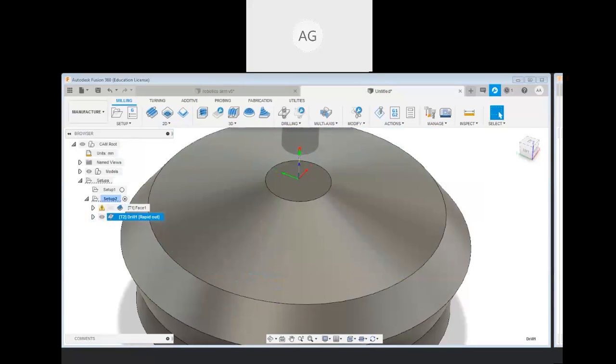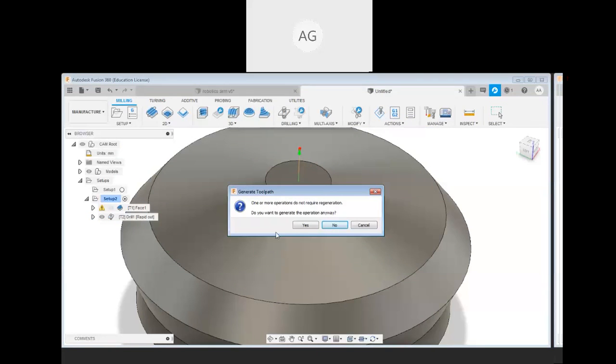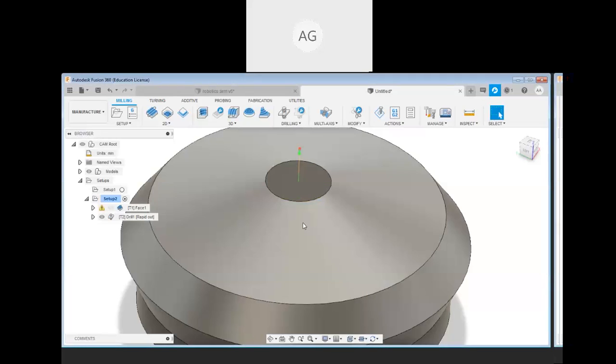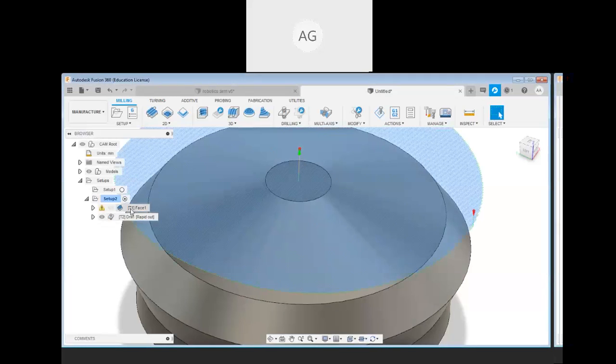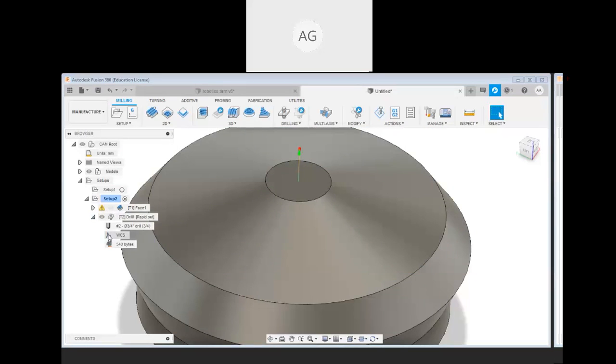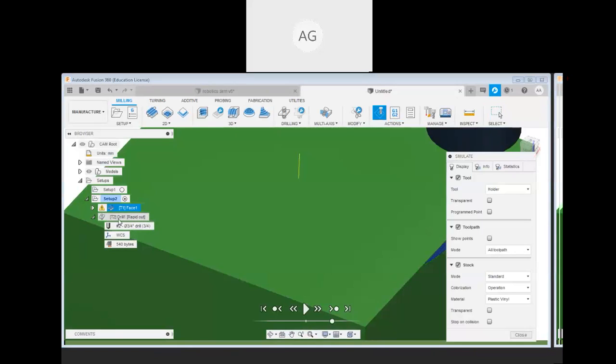Yes. So now I'm going to take action, generate. Yes. So we are going to generate the first one, this one. And after that we are going to generate the second one also. So both the operations are being generated. So this one is byte data. Okay, so now I want to simulate it. Simulate this part I want to simulate. So let's see how it is working.